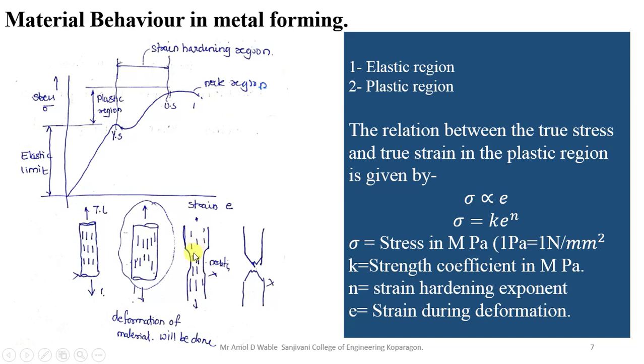Now in the next figure you will find that when you increase the load further, whatever grains were present in this region will try to shift towards the top side, and some of the grains will try to shift towards the downward side, and you get a necking region, where the cross sectional area goes on decreasing. This kind of behavior occurs from the ultimate strain to the necking point of this graph.